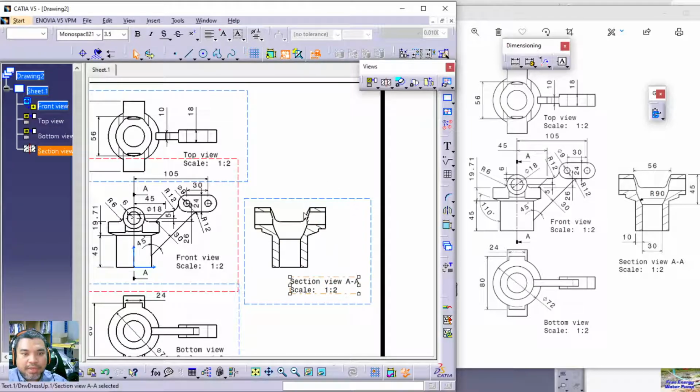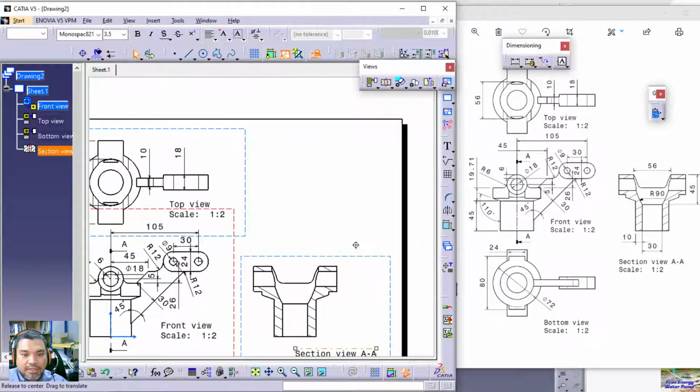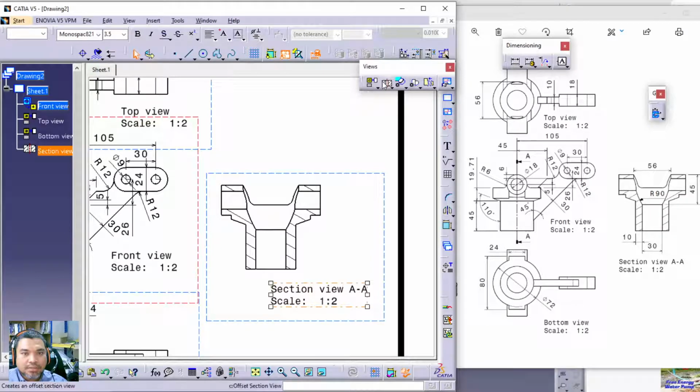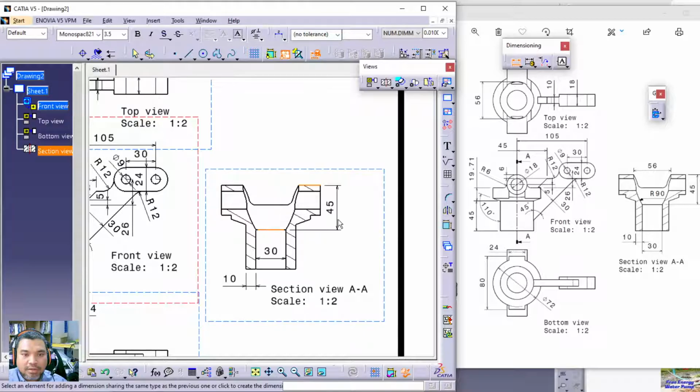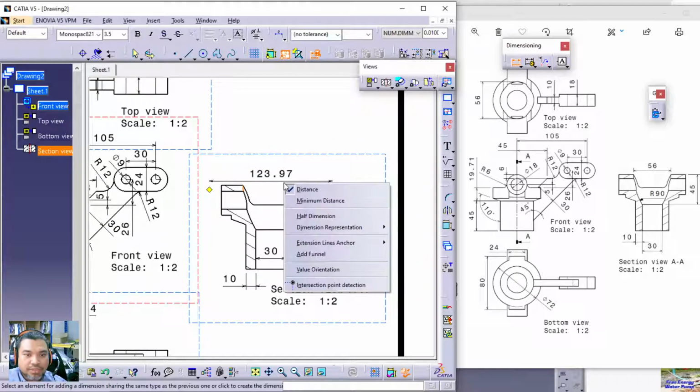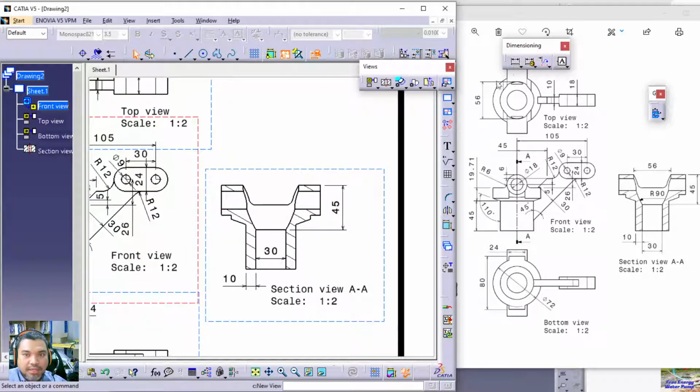AA. Now we want to make the dimensions as I've shown earlier. The distance, all those things. So this one and this one is actually 30. This one to this one is actually 10. The height to this one is actually 45. And the distance from here to here cannot. So what we should do is make a dimension like this